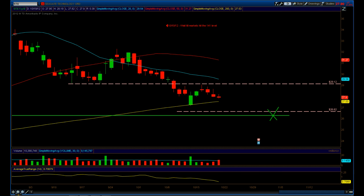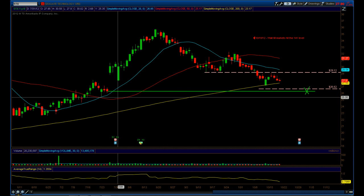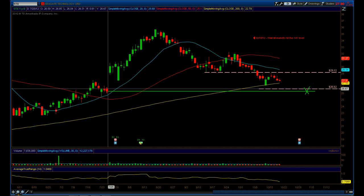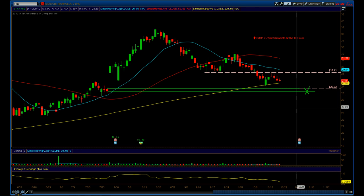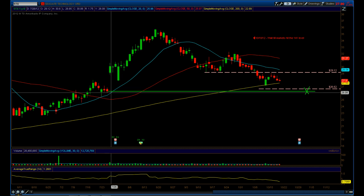Now, the reason why I kind of like that level, and I may actually wait till it hits this green line here, is this is the gap fill level. But you know, a lot of people have this thing about gap fills, and in my opinion, when you're coming down from a gap fill and it's a red candle, I go from the close of the red candle, not from the open. So a lot of people would say that this is the gap fill here, which just so happens to coincide with this 26.62 level. But a real true gap fill is actually the close of any red candle,